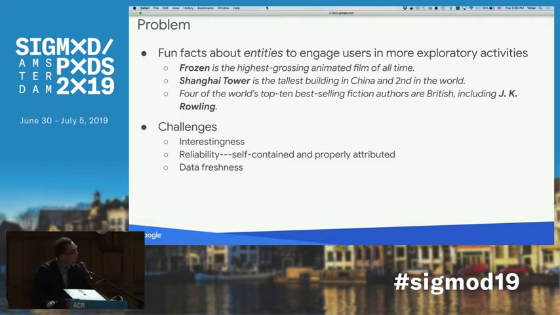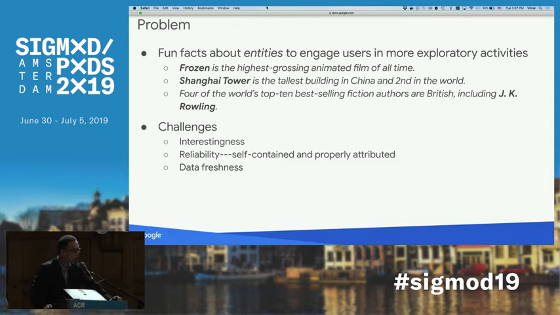Yeah, I'll try. So there are several views we are looking at for this particular interesting fun facts generation problem. So the first one is what we call a single view, which is to identify what is the most interesting about this particular entity. For example, Frozen is the highest grossing animated film of all time. That's the single view,